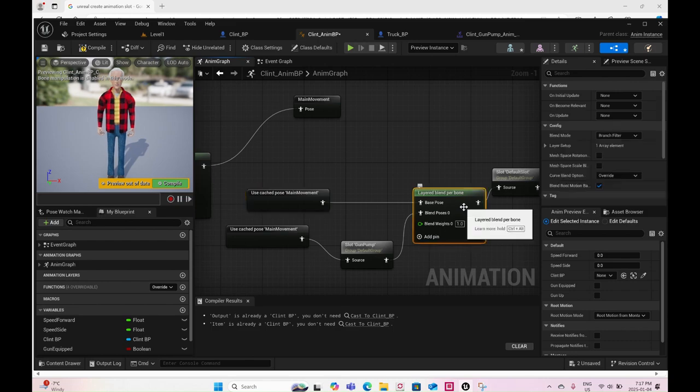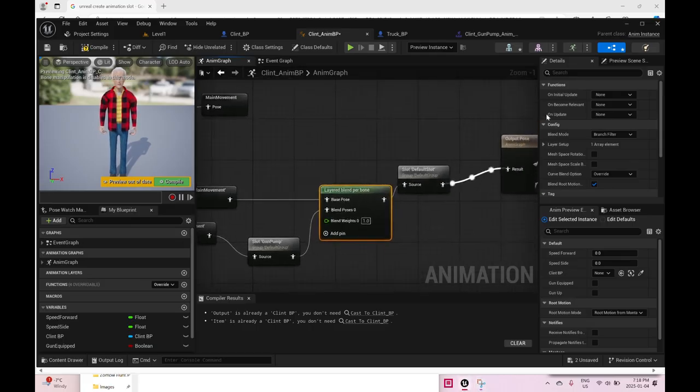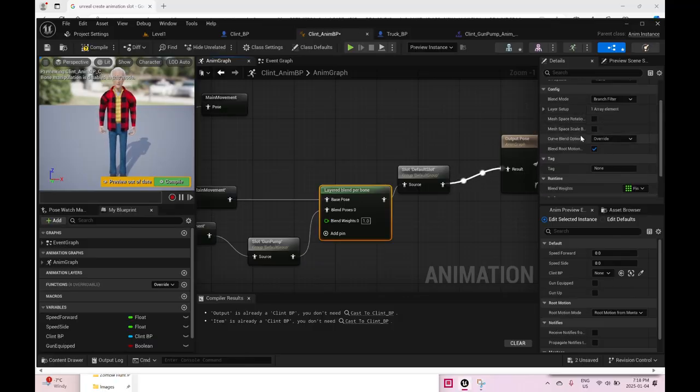With this selected, I'm going to go over to the details panel, and I'm going to go down. I'm going to drop down layer setup, and under layer setup, there's a branch filters. So right now there's 0 elements, so I'm going to create one. Press the plus button, and I'm going to click on that drop down, and all I have to do is get the bone name that I